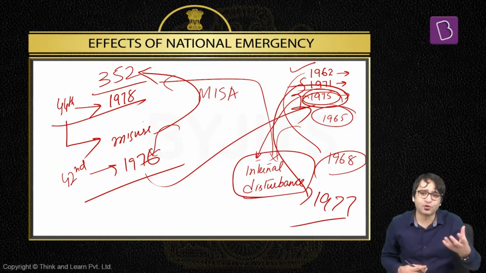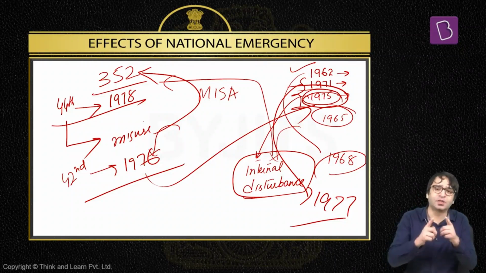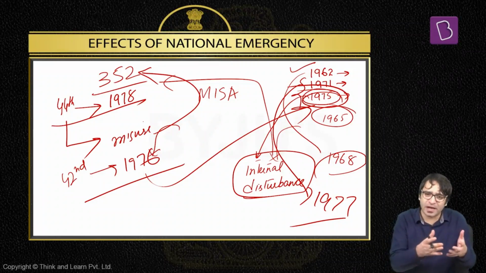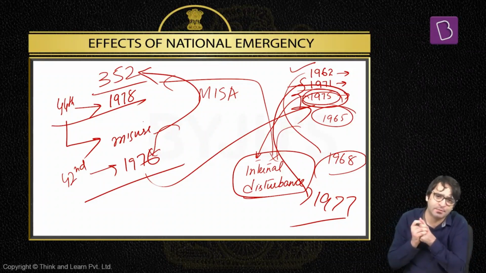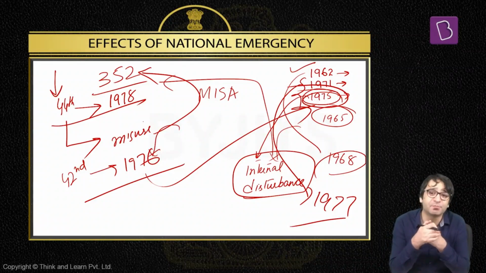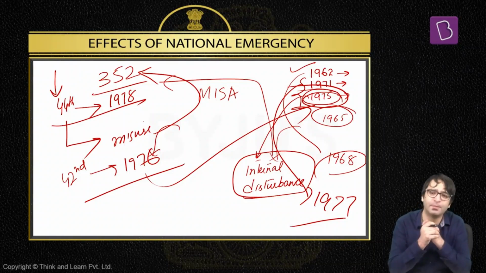Keshavananda Bharati unfortunately died in 2020. If this judgment saved India's democracy, it is this 44th Amendment to the Constitution of 1978 which prevented the future misuse of Article 352. And that is why from 1975 till 2020, no national emergency has been imposed. But you may be asked in your mains examination, what exactly was done in 44th Amendment which has prevented misuse of Article 352? Let's look at the characteristics, the provisions, the features of 44th Amendment which has prevented the misuse of Article 352.